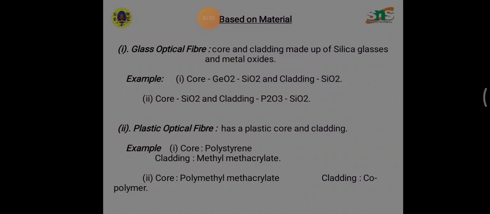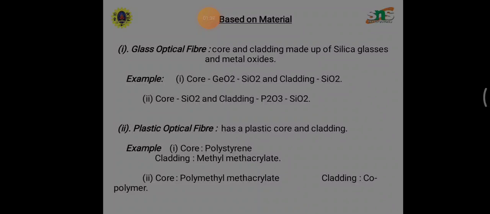For example, glass fibers can be made by any one of the following combinations of core and cladding: core SiO2, cladding P2O3; or core GeO2, cladding SiO2; or core SiO2, cladding SiO2. And plastic fiber, if the fibers are made up of plastics which can be handled without